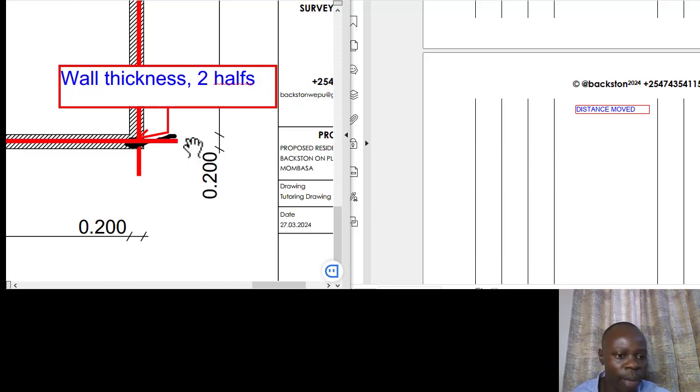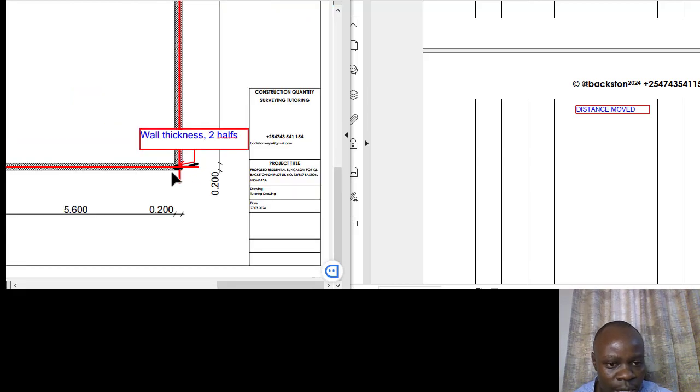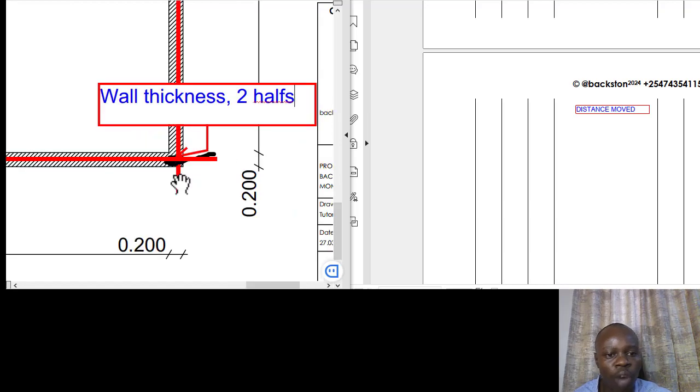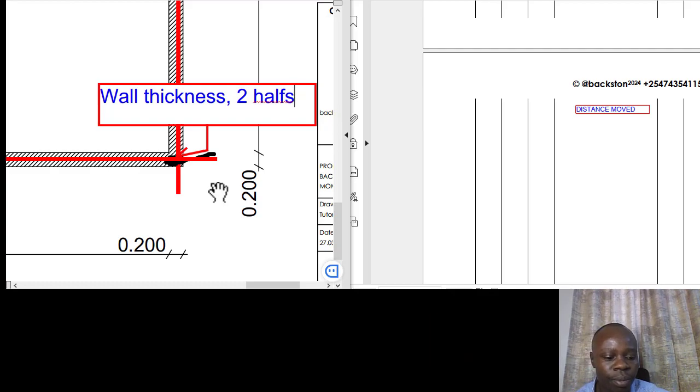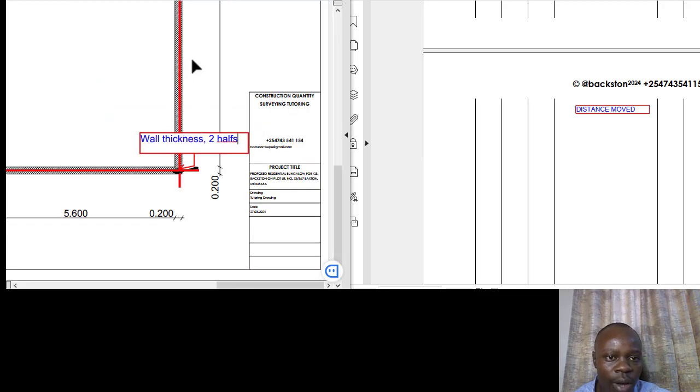So when you are using the dimensions from the inside, then you will need to move outside by half. But when you are using the dimensions from the external faces of the wall, then you will need to move towards the inside half 2 times at every particular corner. So you basically get the whole perimeter, and then regardless of the thickness of the wall that you are using, you will now take it half times 2, because the reason is when you are referring